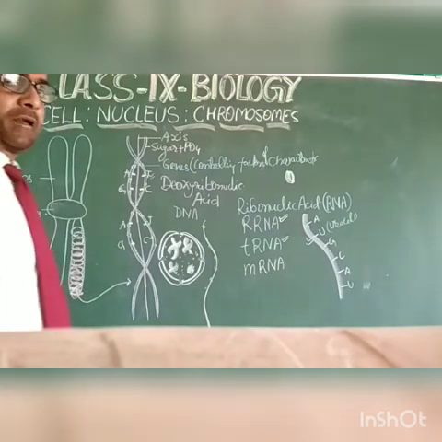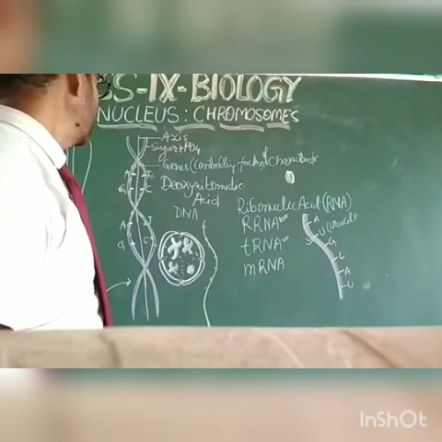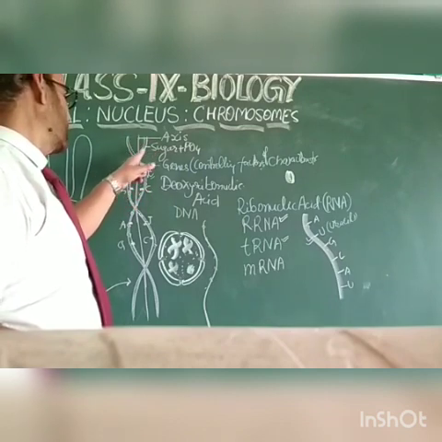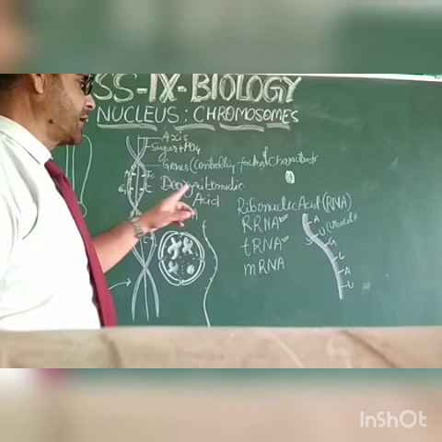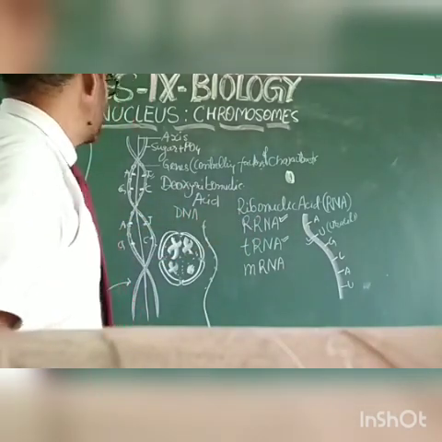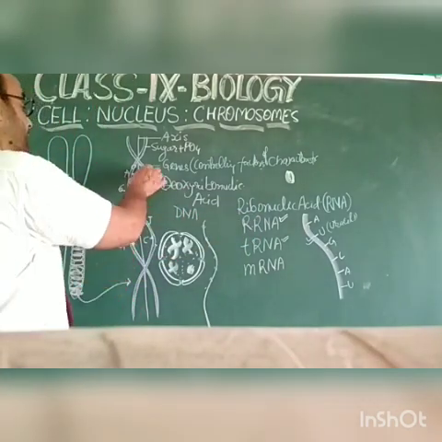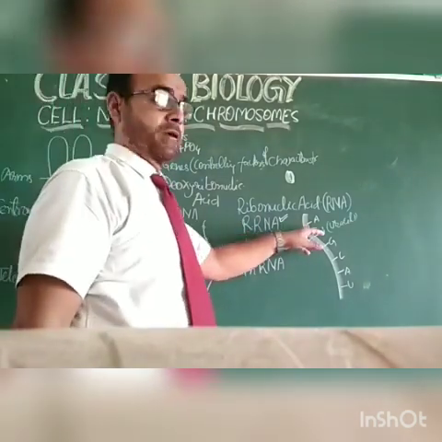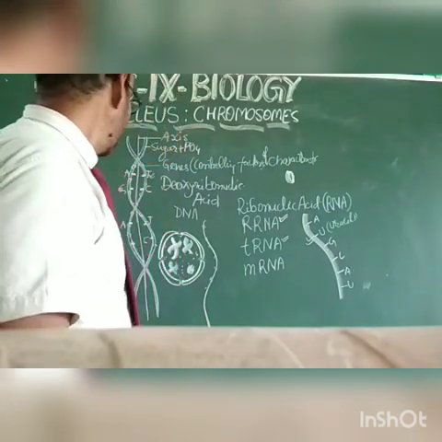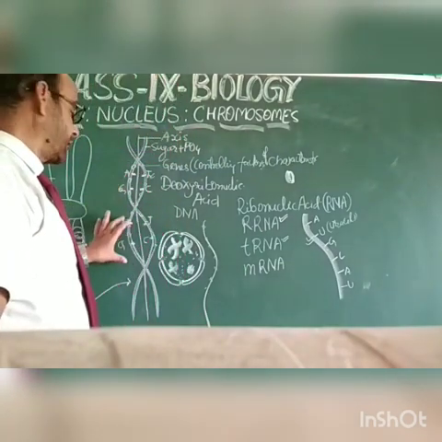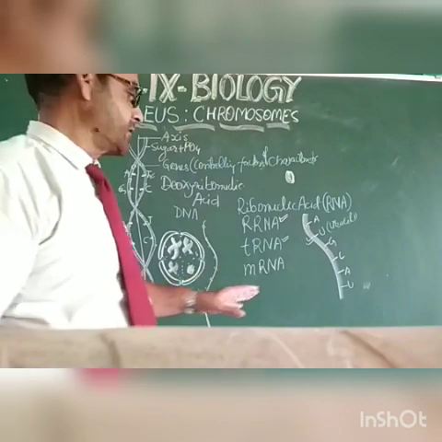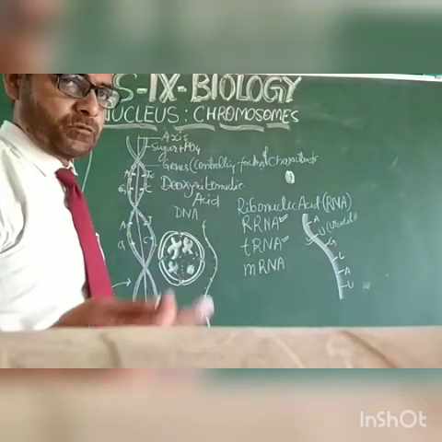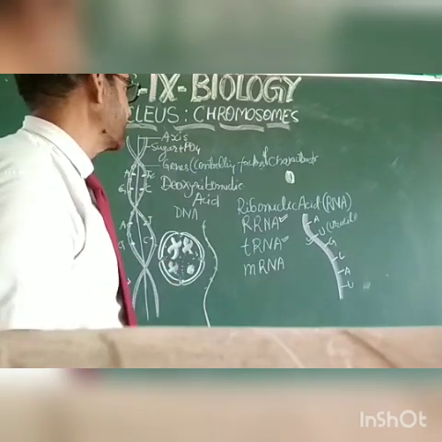What is the difference between RNA and DNA? The structure of the DNA is a double helix strand, while the RNA is a single helix strand. The DNA carries the thymine type of nitrogenous base, while the RNA carries the uracil type of nitrogenous base. The DNA is the genetic material because it contains the permanent genes, while the RNA is not genetic material. It just helps the DNA to pass on their characters to the new upcoming cells, the new daughter cells.